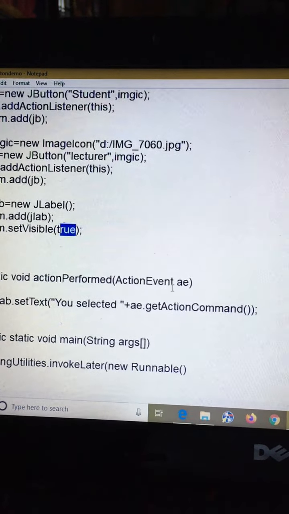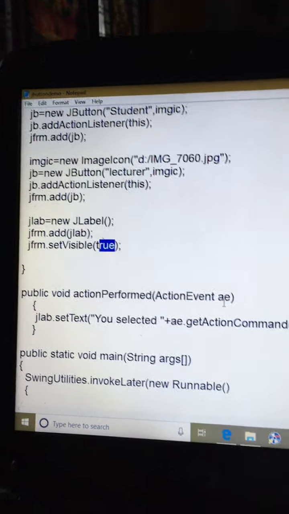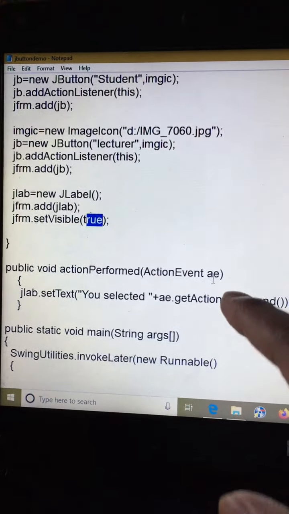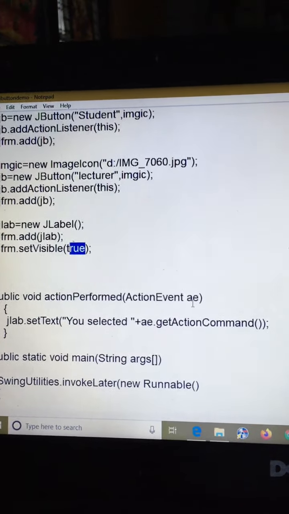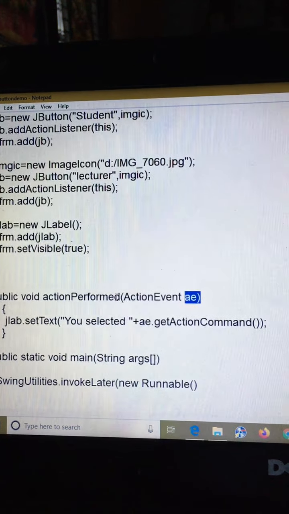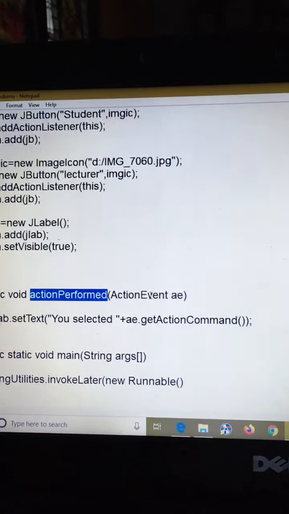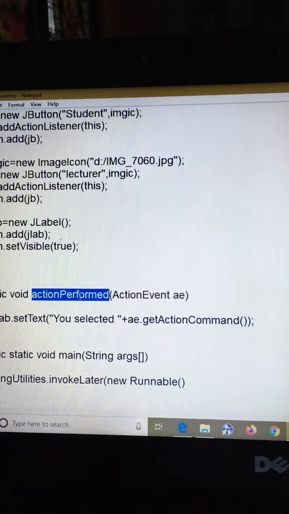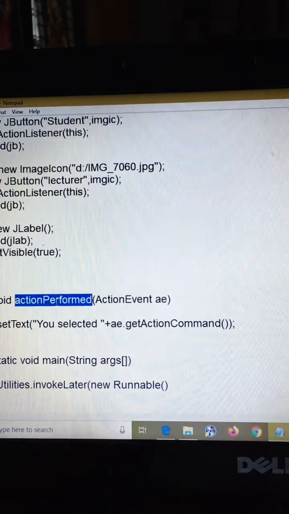So public void actionPerformed(ActionEvent ae), we already discussed this at the start of the JButton discussion. Again I am saying, when you press a button, an action event is generated. That action event object ae is passed as a parameter to the actionPerformed method. So this action is handled by the actionPerformed method, which is also known as the action handler, or event handler. actionPerformed is the method of the ActionListener interface.